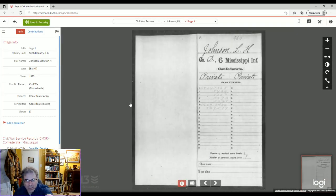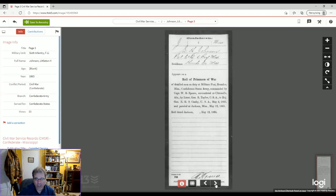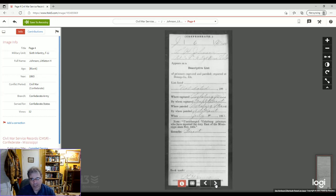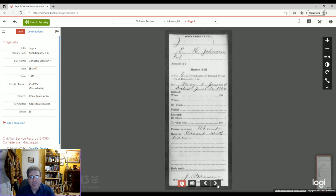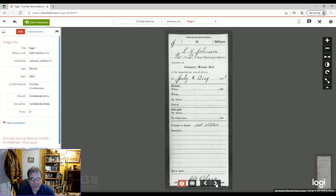Starting with the very first card, listing his name, company, regiment, and his rank in and rank out. And then you can just scroll through all of the cards. And they're not always in correct chronological order. Like the very first one in his shows he was a prisoner of war at Vicksburg when the city surrendered July 4th, 1863. Showing he was a parole prisoner at Demopolis, Alabama. So there's a wealth of information you can find from these service records,